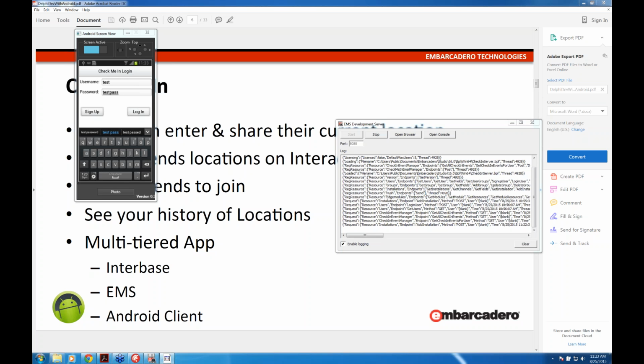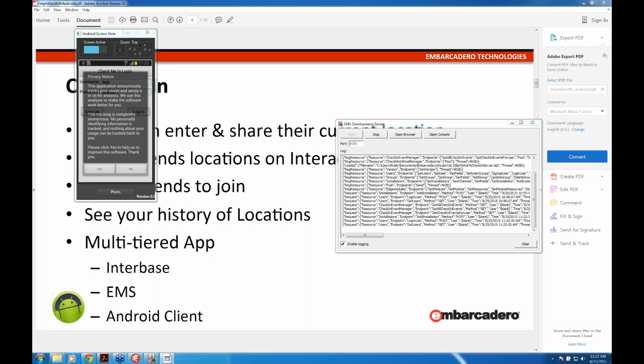I've also got a sign up option so I can choose to add new users. These 2 things here are built into the EMS, so all I've had to do was make API calls. I haven't had to implement any logic for that. So you'll see down here that we've got some things being called. You'll notice a privacy notice being displayed. This is part of App Analytics. App Analytics is something I've dropped into this so I can capture some user metrics, or app metrics I should say. So it's just asking if I want this to happen, and I'll do that now,